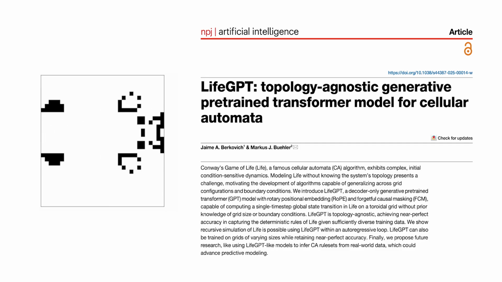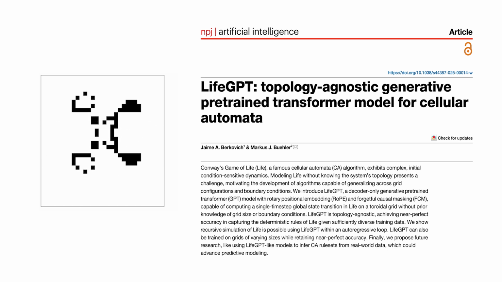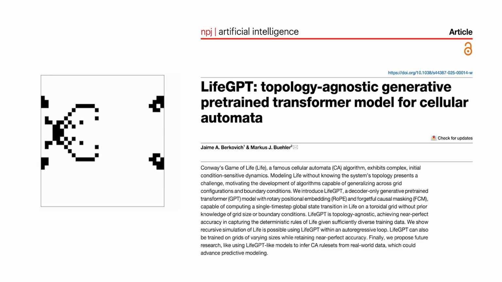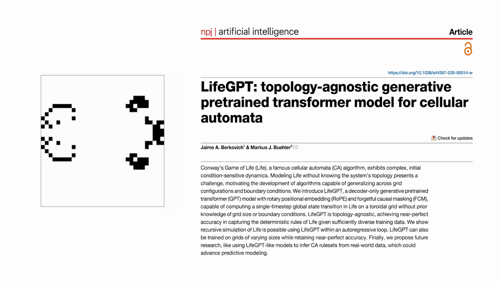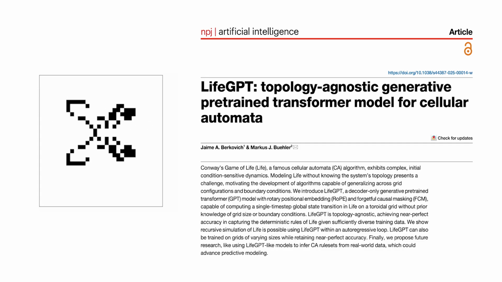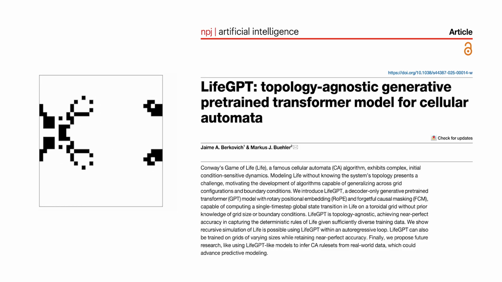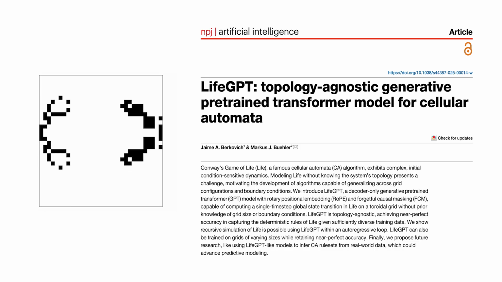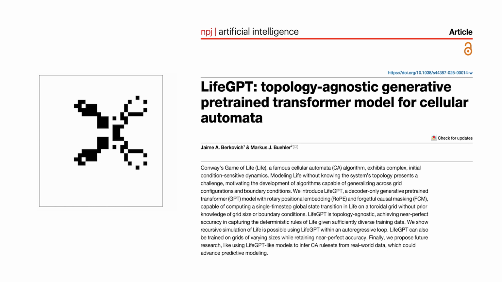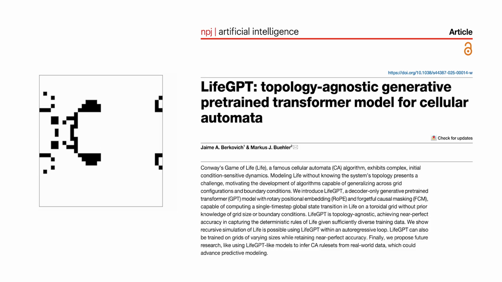In language tasks, the absence of a grounded world model sometimes leads to hallucinations: confident but incorrect statements. In LifeGPT's case, a world model could be an explicit internal representation of the Game of Life rule, a separate module that says: if a dead cell has exactly 3 live neighbors, it becomes alive. If a living cell has 2 or 3 neighbors, it stays alive. Otherwise, it dies. You could imagine training a hybrid system that not only predicts the next state, but also predicts or verifies the rules used, using the rules as a check to catch errors before they propagate. In other words, the model might learn to reason about the rule and police its own outputs.